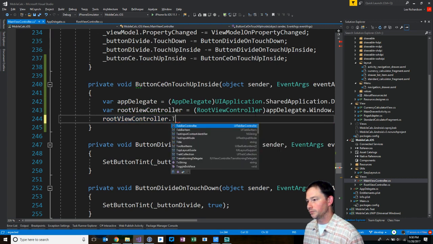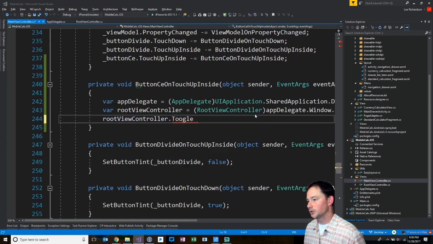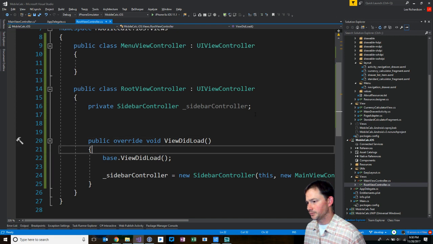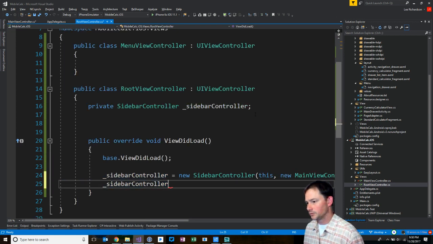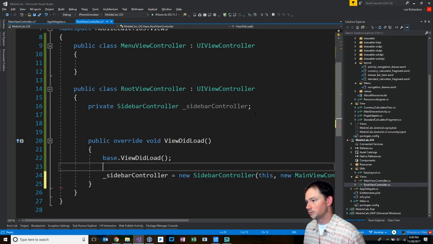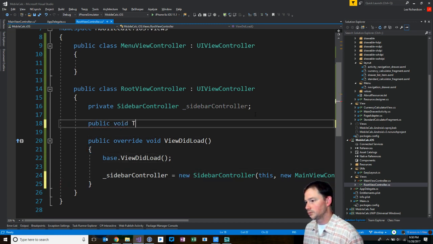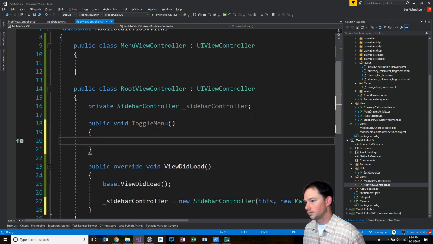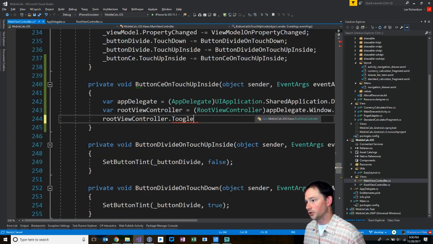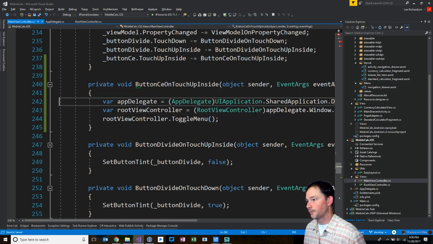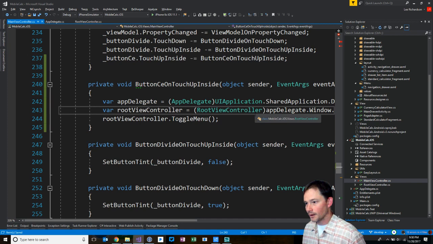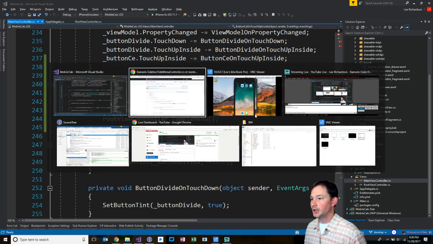root view controller.toggle. I don't even remember what it was called. Toggle menu. So we're going to toggle menu, and we're going to call toggle menu on your root view controller. Boom. Done. Run it. If this works,